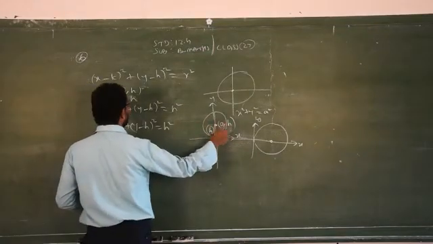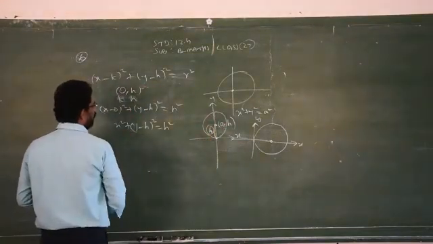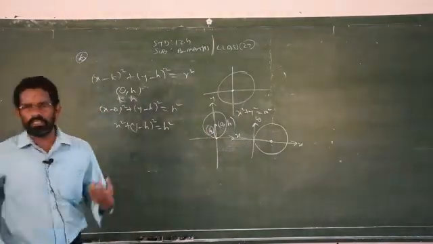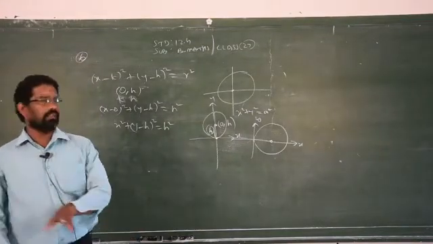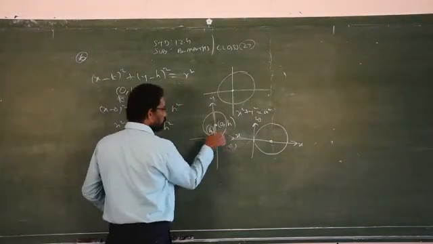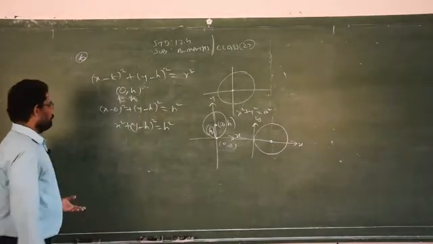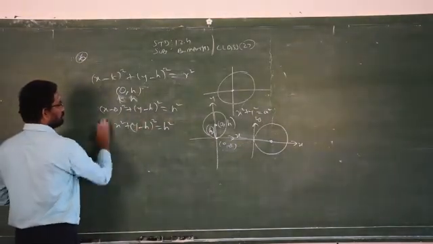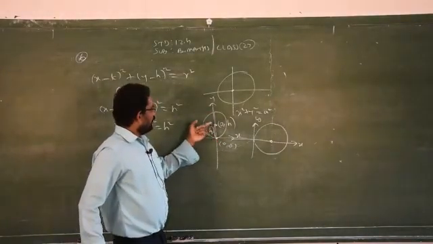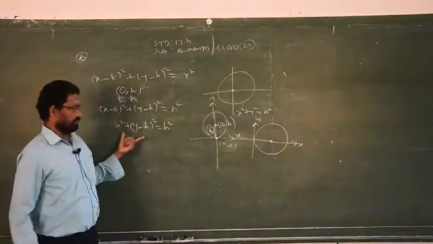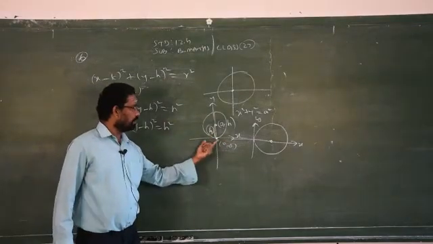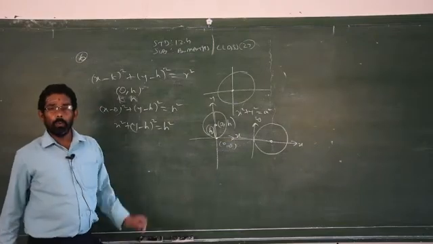I am replacing this center in the general formula in the place of k and h, and r is also h, because what is the radius? Radius means the distance between the center and a point on the circle. So that is h. If you use the distance formula for these two points, you will get h only. Clear? So now I got the equation. This is the equation of the circle passing through the origin with the center on the y-axis.